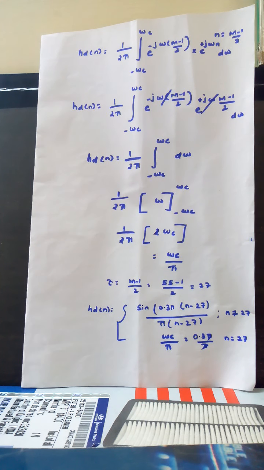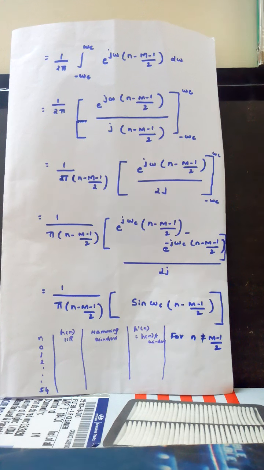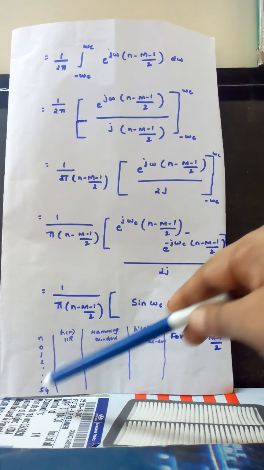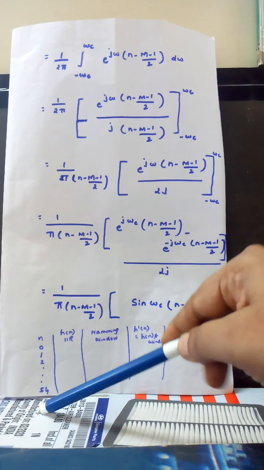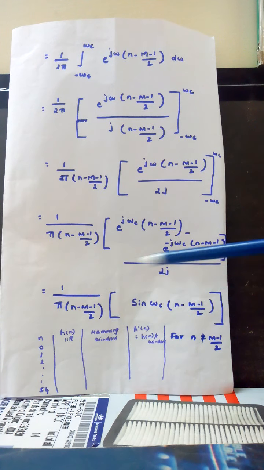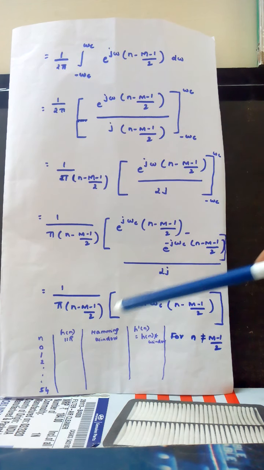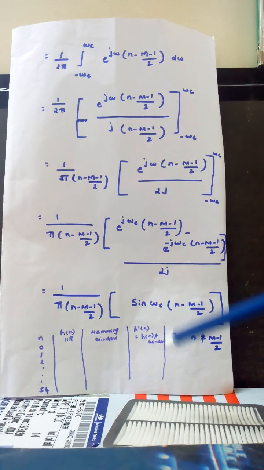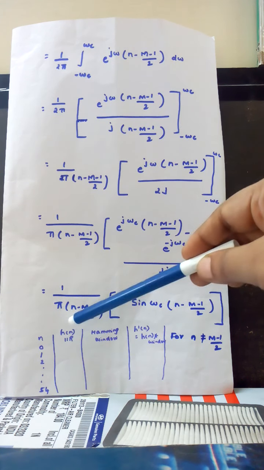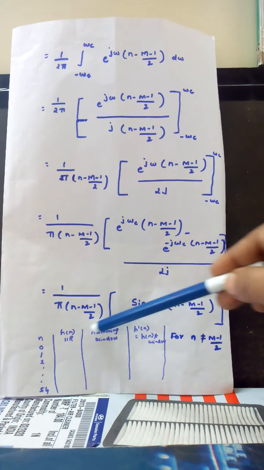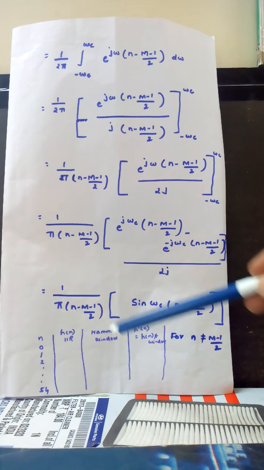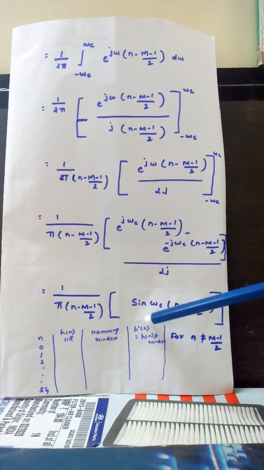If you want, we can plot this, otherwise we can stop there. Here we got m as 55, correct? So we have to take the n value from 0 to 54, and we got h of n for n not equal to 27 and for n equal to 27. If we substitute all the values, we get all the values. Here we have chosen the Hamming window. If you multiply with it, we get h dash of n, that is, in terms of the FIR filter. We cannot do all of it here, but we can show and write some 2-3 values.